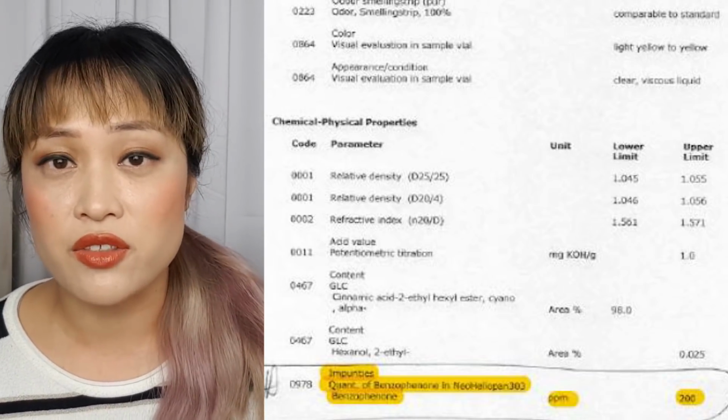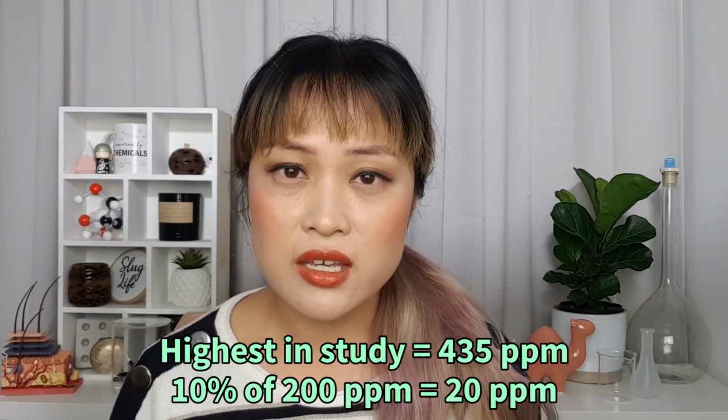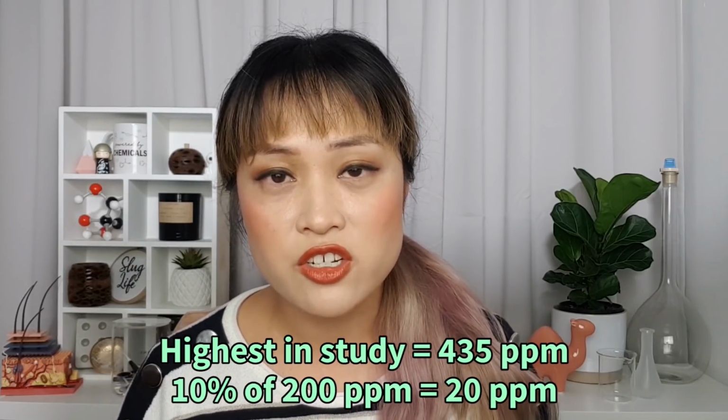It's actually listed on the safety data sheets from the suppliers. That means that toxicologists do actually consider the benzophenone that you rub onto your skin when they're doing safety assessments for octocrylene sunscreens. Octocrylene is used at 10% max in sunscreens. The highest amount measured in this study is a fair bit higher than 10% of the known benzophenone contamination from